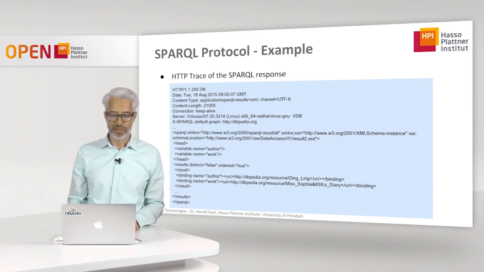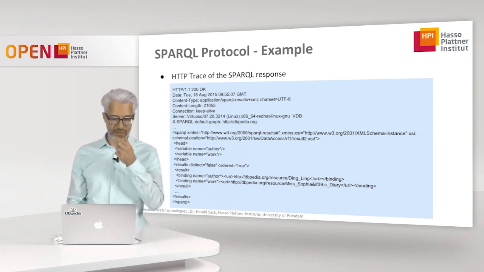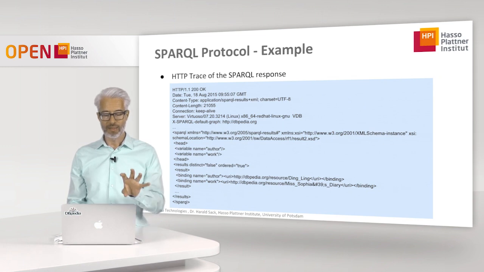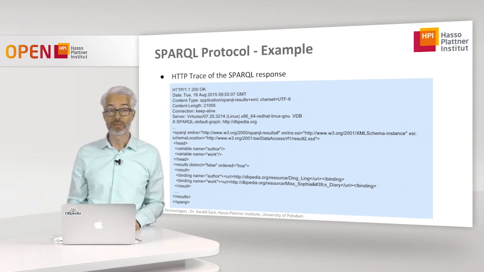Then there is the date when I did this query, and then you see some other header variables that give you some hint about the content type, the content length, and stuff like that, and what was the server I have queried, so what was the server software running there. And then comes, we know this already from the output format, the SPARQL namespace. So SPARQL and namespace definition,